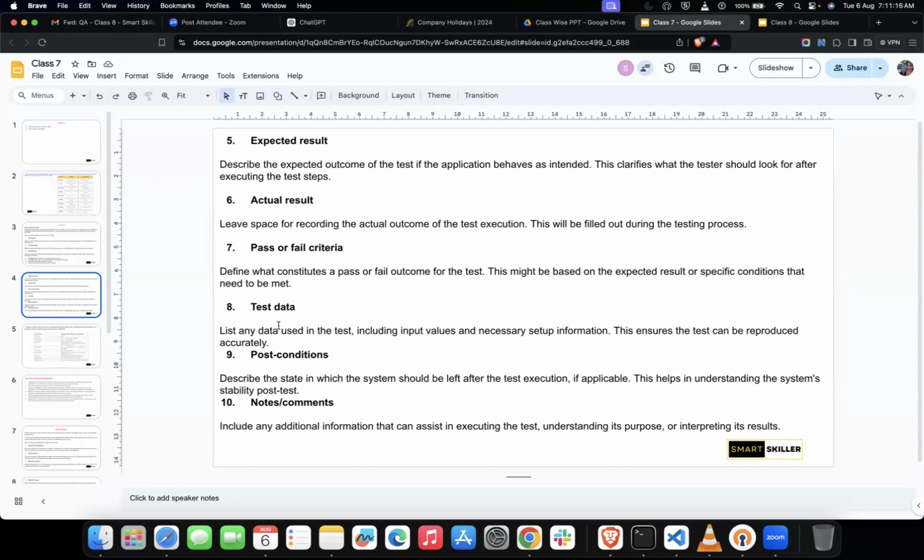Now, coming to the next point, that is post conditions. It describes the state in which the system should be left after the test execution, if applicable. This helps in understanding the system stability post the test. Now, if I give you an example about post condition,